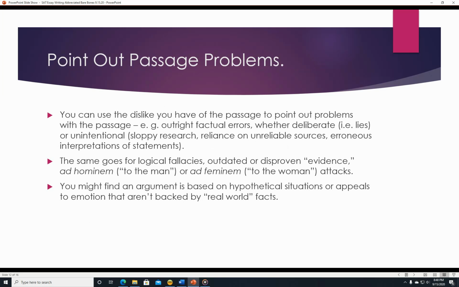So again, you can point out passage problems. You can use the dislike you have of the passage to point out problems with it. If there's an outright factual error, it's wrong. They say 2 + 2 is 5. It's unlikely they're going to do that. They say, well, no one's ever landed on the moon, and this thing was written in 2020. That's not right. So whether it's deliberate, a lie, or unintentional, just sloppy research, reliance on unreliable sources, erroneous interpretations of statements,